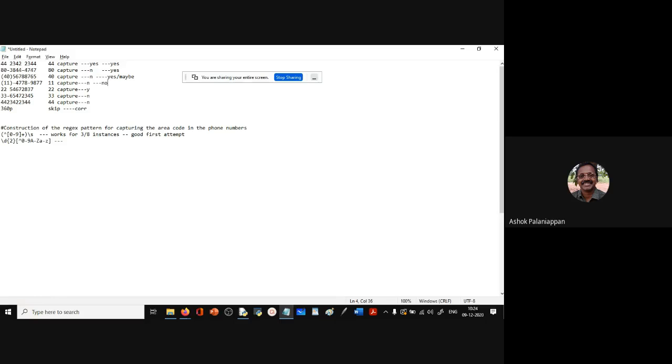I'll tell you why. We'll just say maybe here. No, yes, because this 1 will be matched, and then 7, 8 is 2 digits followed by a non-alphanumeric character, so 7, 8 will also be matched. So here both 1, 1 and 7, 8 will be matched. But 7, 8 is a false positive. It is not an area code. It is in the middle of the number. We don't want 7, 8 to be matched. So it gives a correct hit as well as a wrong match.